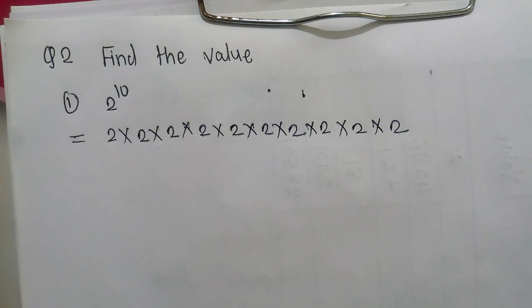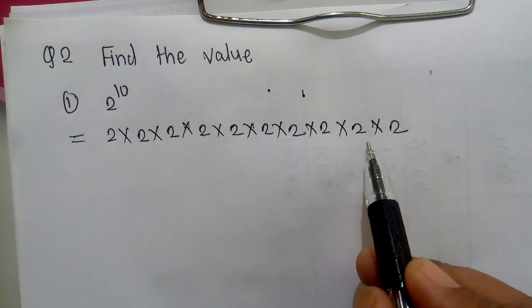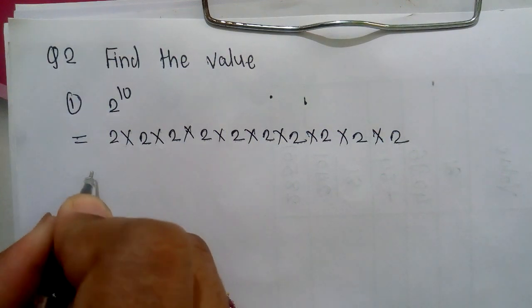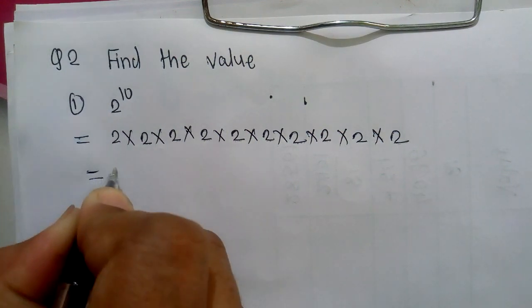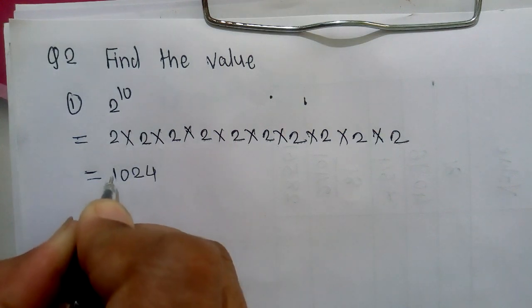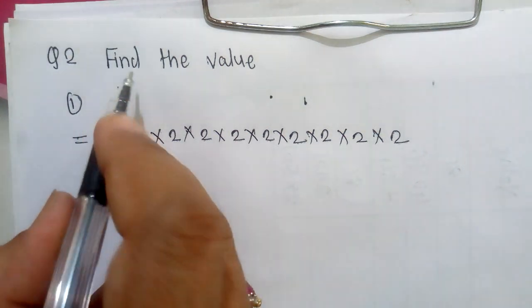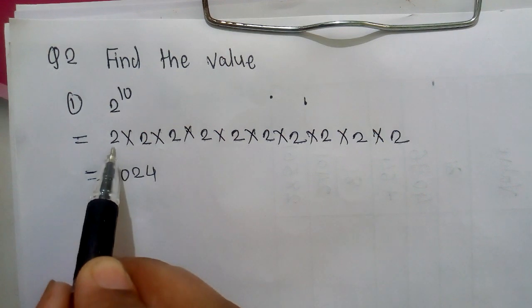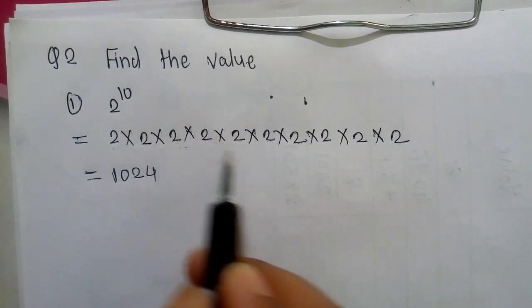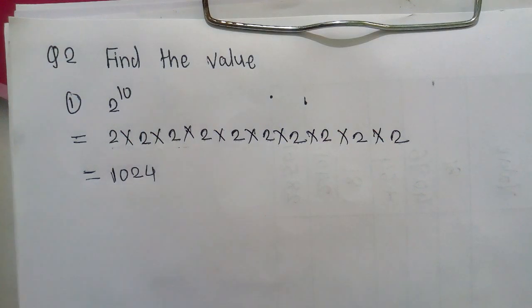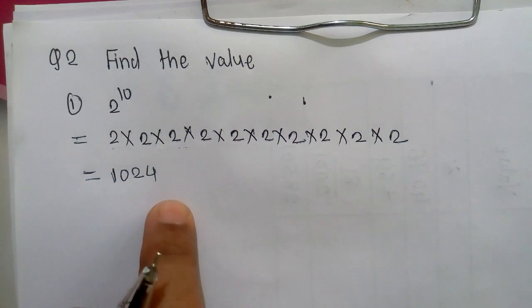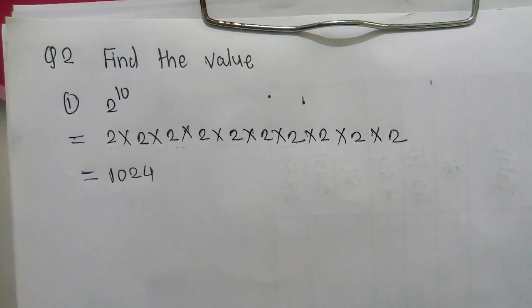256 2s are 512. And last, 512 2s are 1024. So here you can write 1024. So the value of 2 raised to 10 is 1024. You can also write it in 2-3 steps. Means if we multiply 2-3 numbers one time and write the remaining as it is, and then multiply again, like that you can extend 2-3 steps also. Otherwise, you can do the multiplication directly on another paper and then write it here.